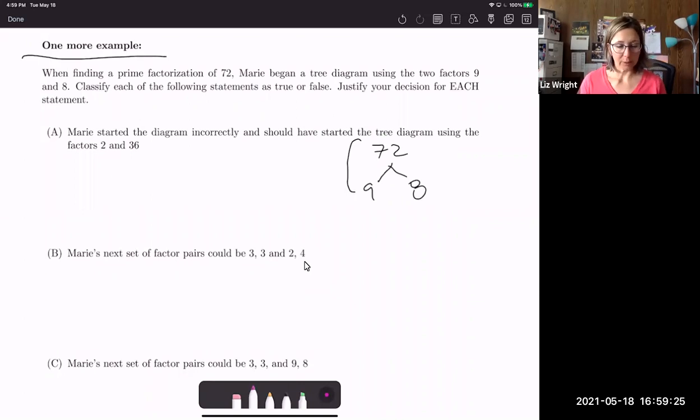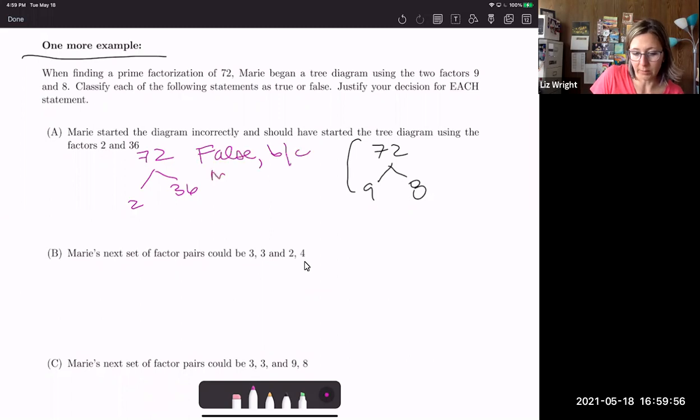So Marie started the tree diagram incorrectly, and she should have started the tree diagram using factors 2 and 36. So this one is saying, wrong. You should have done 2 and 36 instead. What do you guys think? True or false? This is a big fat false. Does it matter what order or what factor pair we choose? No, it doesn't. So we're going to write in here false